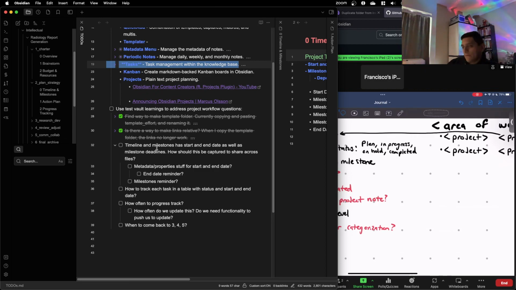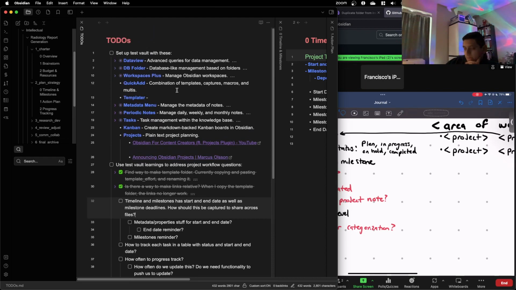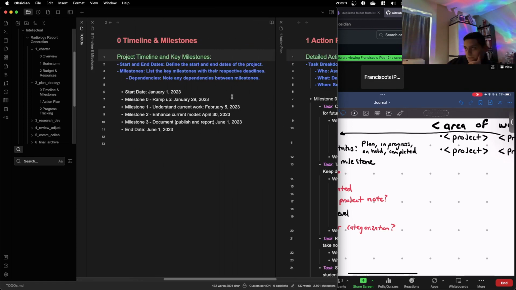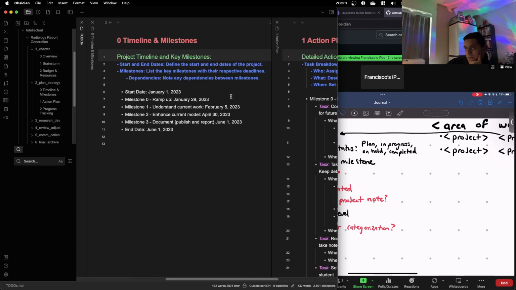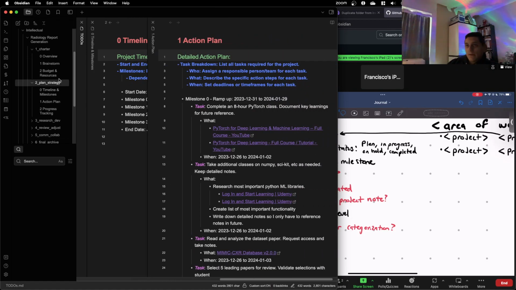So we have for each project current status. So for each project, where are we going to keep this information? It could be in timeline and milestones, it could be in action plan, or it could be in overview.